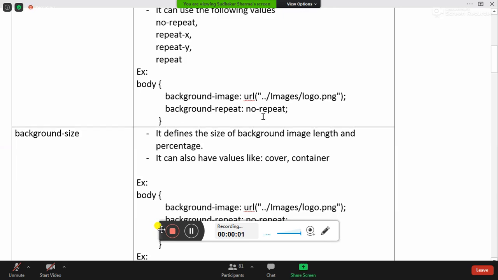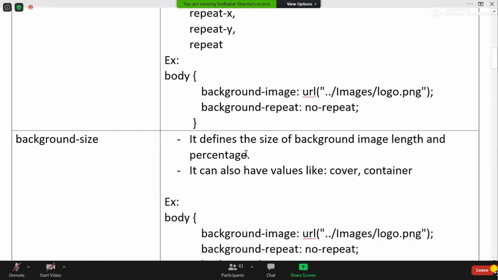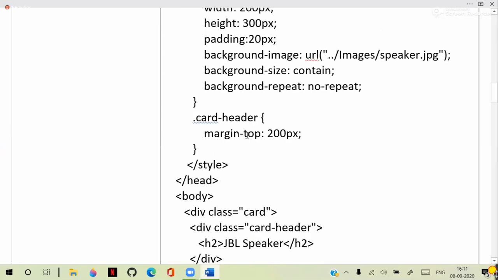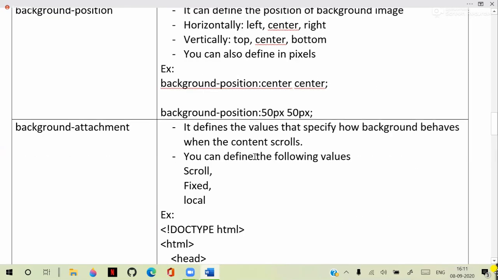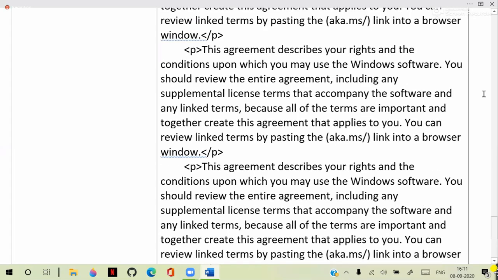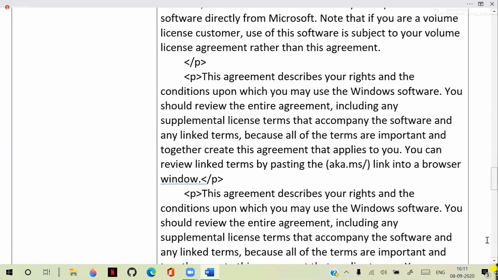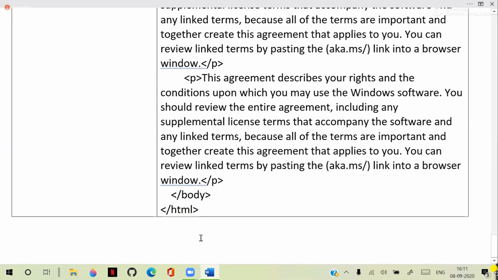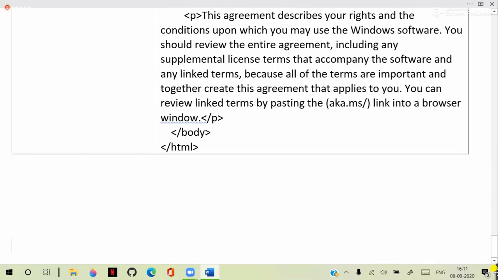Position, background color, background images, how we can handle them, right? So when you are configuring the backgrounds, we learned about the background attachment and all. Next, another important option is when you are configuring the backgrounds, you can define